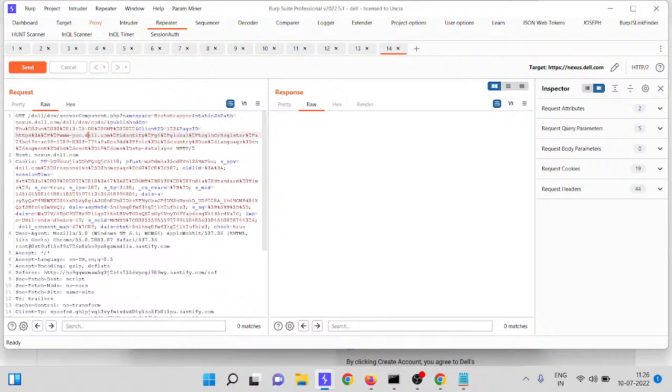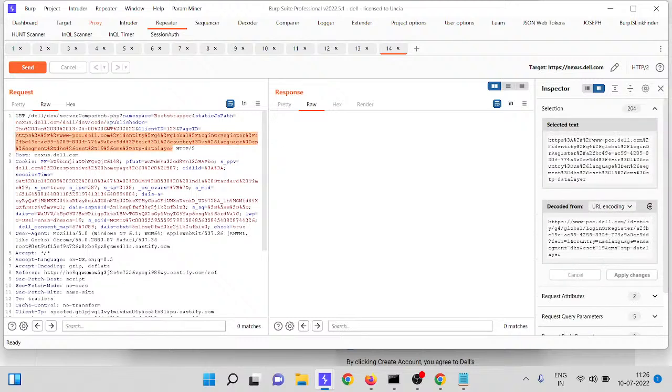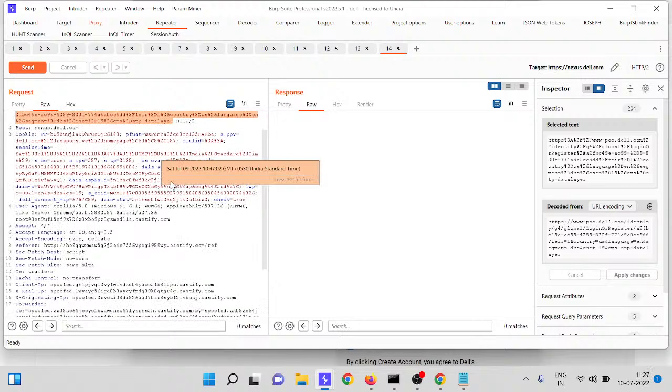So you have to find parameters like this. You can see a static JS path. Here you can try LFI, RFI and SSRF. The same here, page ID and client ID, I think it's client side.